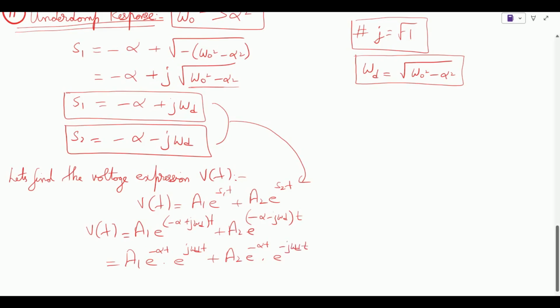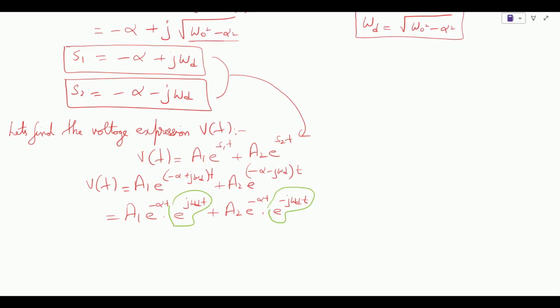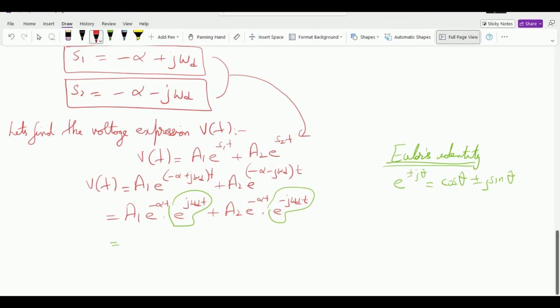So now we have two terms in terms of exponential. This exponential can be further simplified using a trigonometric identity. These two terms can be simplified using Euler's equation or Euler's identity, which is basically e raised to j theta is equal to cos of theta plus minus j sine of theta. So let's incorporate Euler's identity into this equation, and thus our equation will now have this form,